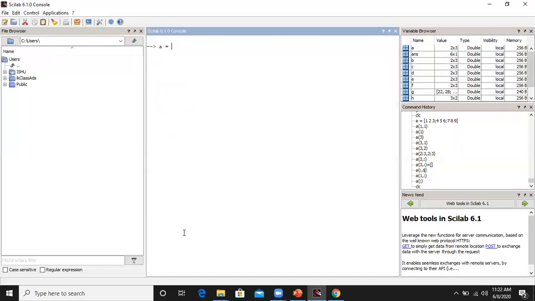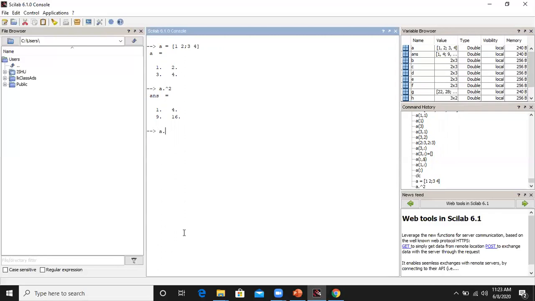Let's clear the screen again. Let us take a 2 by 2 matrix, 2 rows and 2 columns. Now we would like to square those elements of the matrix A. Then what we have to do is type A, then dot, then cap, then 2, right? Here the elements within the given matrix A will be multiplied with themselves, and we get the square of those elements as a result.